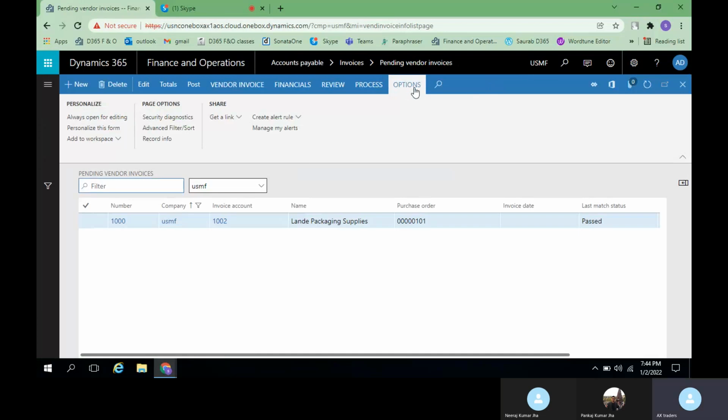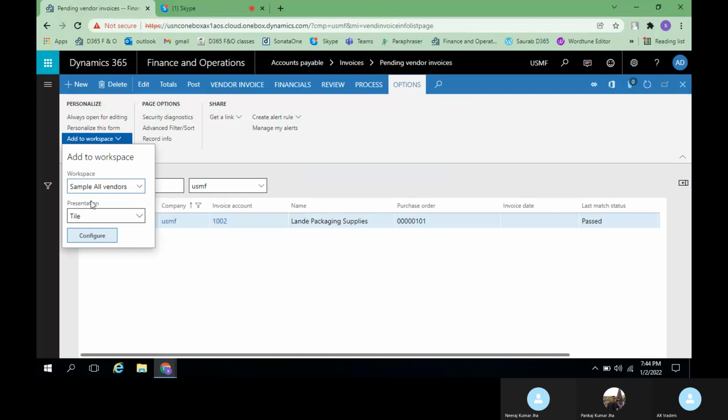Here we need to select these options in this area under personalize. Just click on add to workspace. We have selected sample all vendors under this presentation. There are three options we can see: tile, list, and link. Here we have already created the tile with the name of sample all vendors.